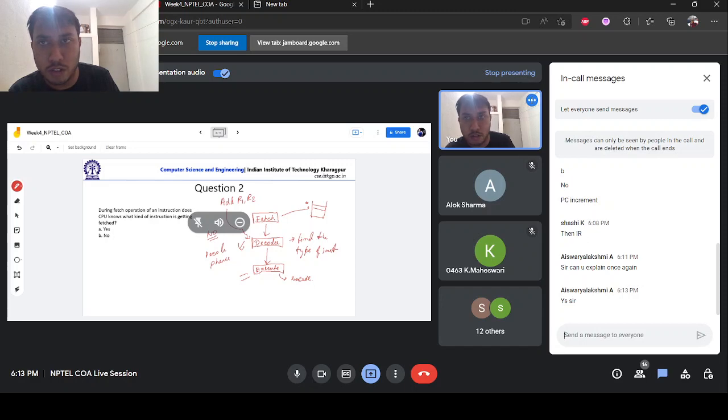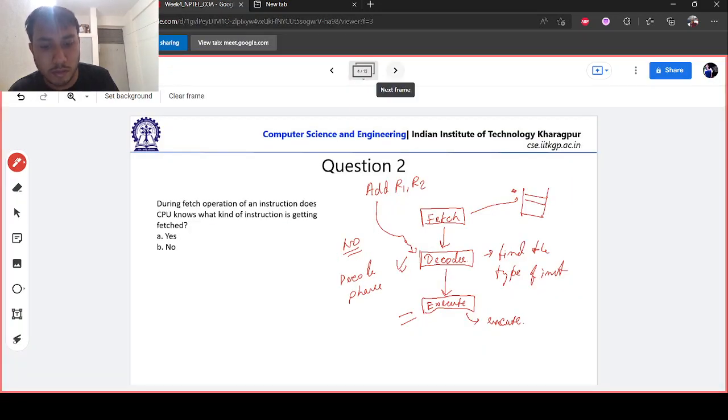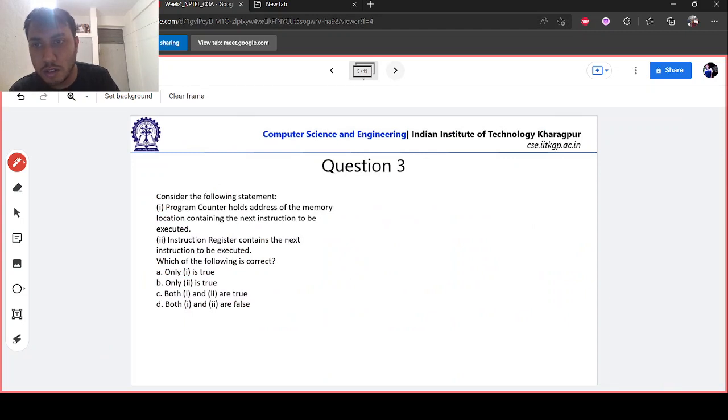Okay, so I will go to the next question then. Consider the following statement. Program counter holds the address of the memory location containing the next instruction to be executed. Instruction register contains the next instruction to be executed. Which of the following is correct? The question is a tool to understand the difference between an instruction register and a program counter. So both are sort of registers, you can say, but